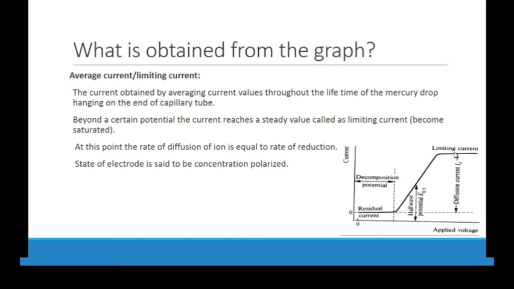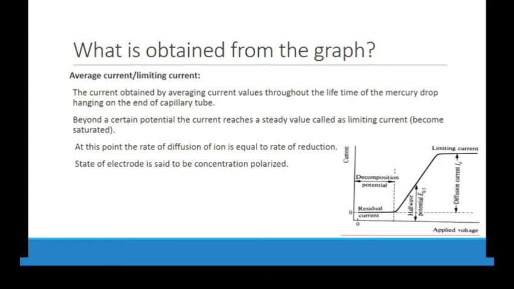Okay, what does it mean? It means that the diffusion of ions moving towards the cathode due to concentration gradient is equal to the rate of reduction. The analyte, or the ions of our interest, will migrate by diffusion due to the concentration gradient, and we will see a sudden increase. After some time the rate of diffusion is equal to the rate of reduction, so that one ion will reach the surface of the cathode and it will reduce.